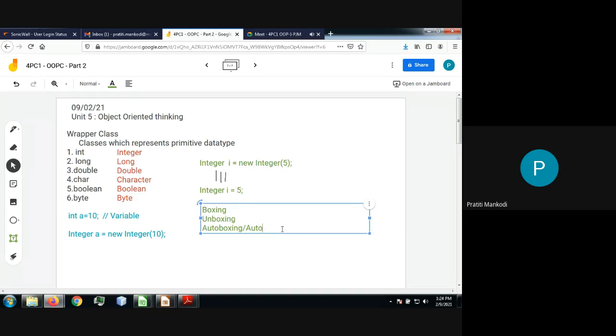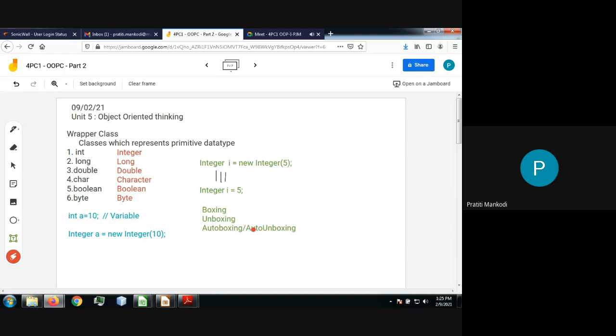and auto unboxing. So as the name suggests, you are boxing, you are wrapping a simple value inside an object through a wrapper class. So that is called boxing. That means converting a primitive data type into an object. Converting a primitive data type into an object, that is called boxing.